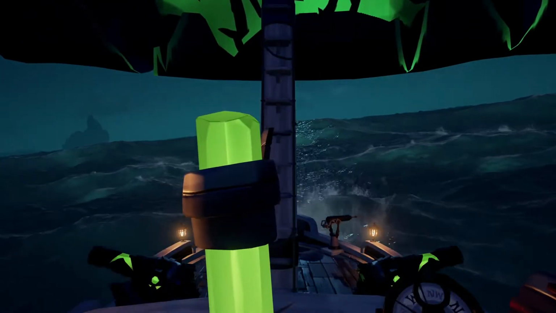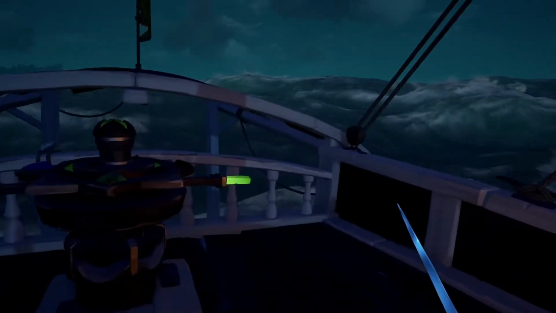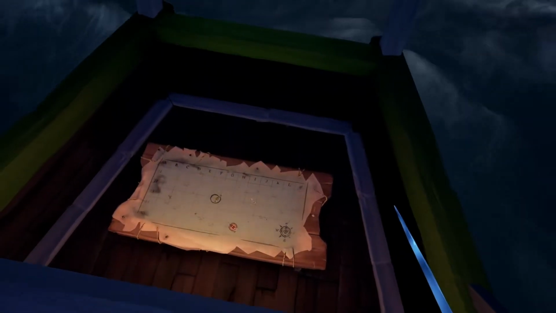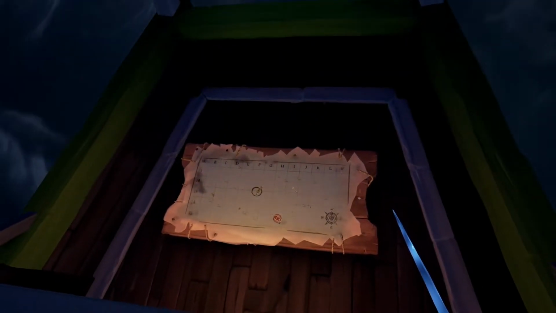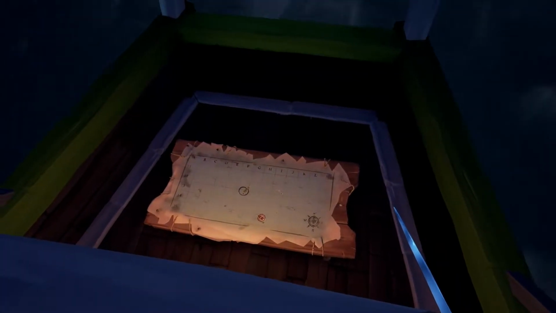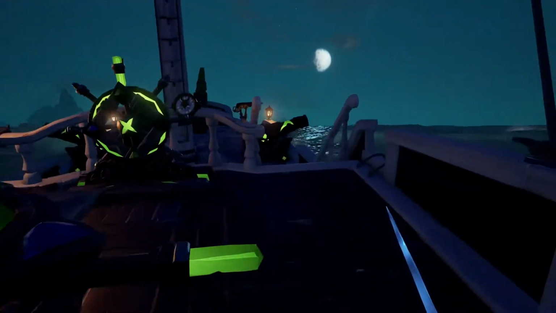The next tip I found quite recently, and I was quite surprised by it. If you are on the top deck of your ship, sailing, controlling all the controls as you do, Master Pirate, you can actually look at the map from the top deck to make sure that you're on the correct course. Now, you can't actually fiddle with the map, you can't do anything with the map really, but